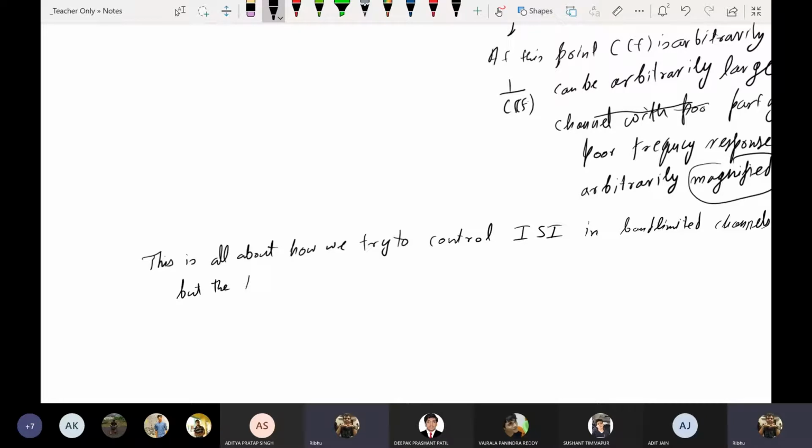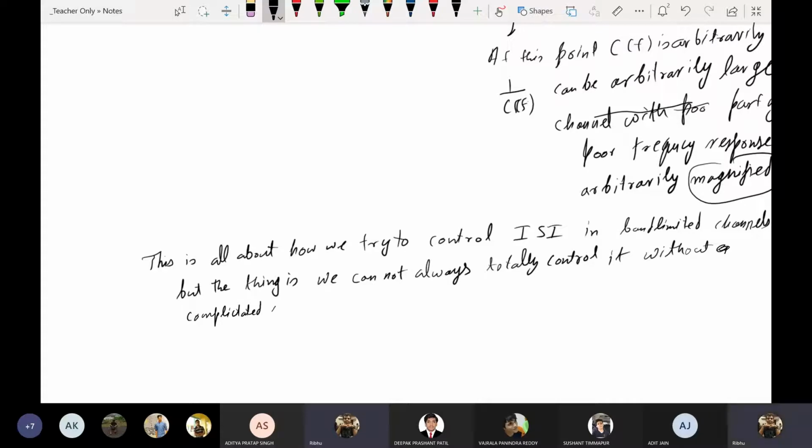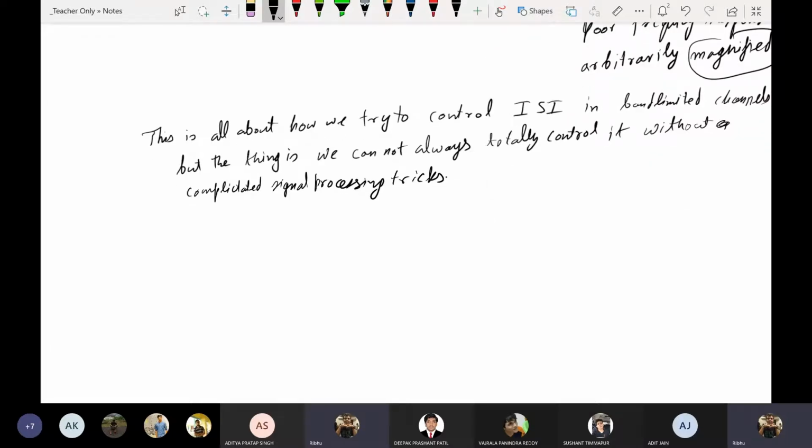But the thing is, we cannot always totally control it without complicated signal processing tricks. So if we cannot control it,